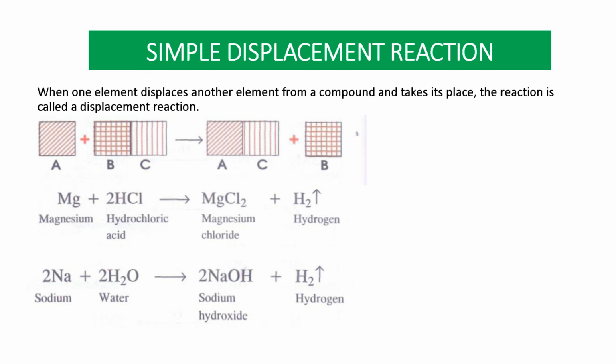So in the next example, sodium and water, what will form? Sodium hydroxide, and hydrogen gas is liberated, and we show this by an arrow pointing upward. So in this case sodium is more reactive. All of you know that sodium and potassium are more reactive metals. Sodium is more reactive than hydrogen, so it replaces hydrogen or takes the place of hydrogen, and hydrogen gas is liberated. So this is displacement reaction.